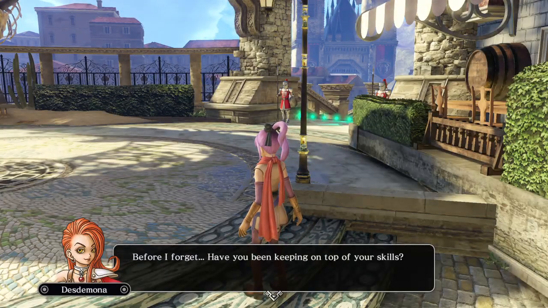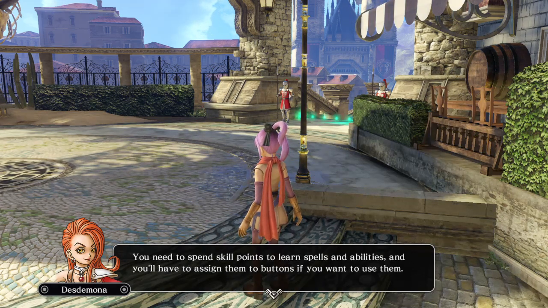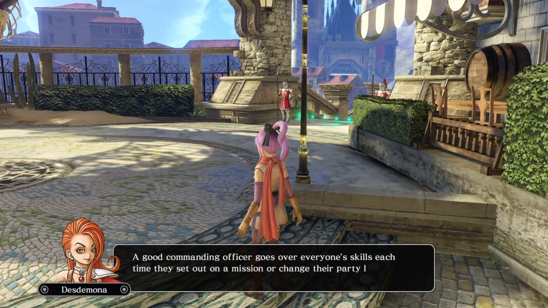Before I forget, have you been keeping on top of your skills? You need to spend skill points to learn spells and abilities, and you'll have to assign them to buttons if you want to use them. A good commanding officer goes over everyone's skills each time they set out for a mission or change their party